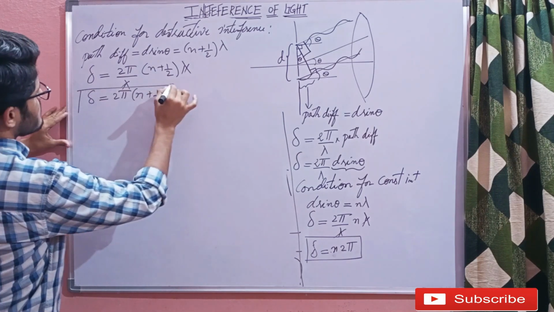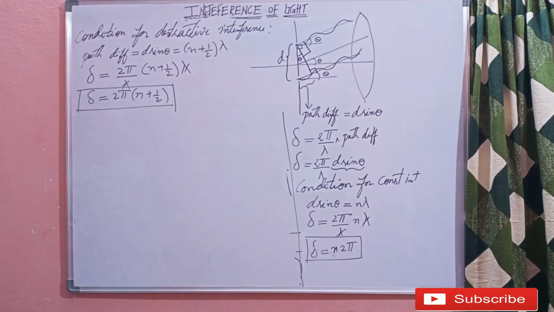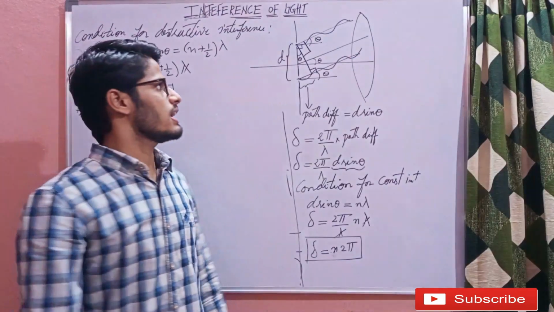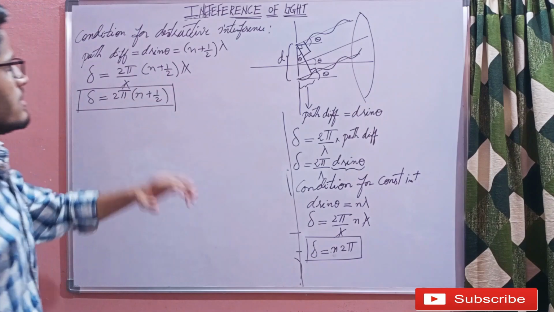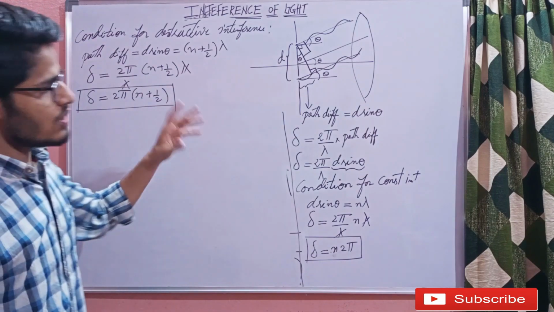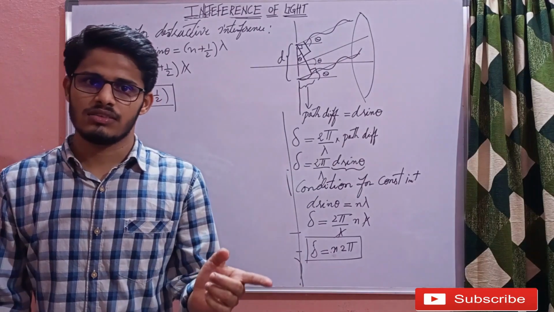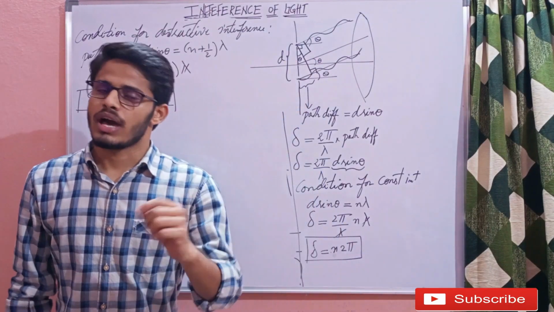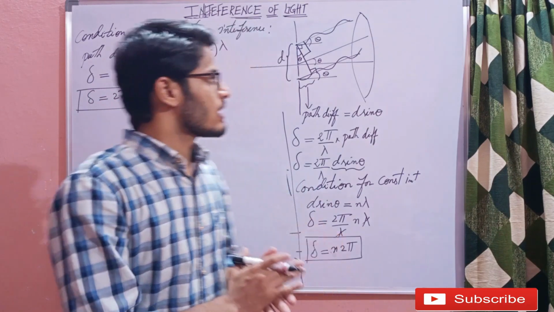So this is the condition for phase difference to have a destructive interference. Okay, this is for constructive and this is for destructive. We have seen what should be the path difference to have a constructive and destructive interference. We have also seen what should be the phase difference to have a constructive and destructive interference. Now